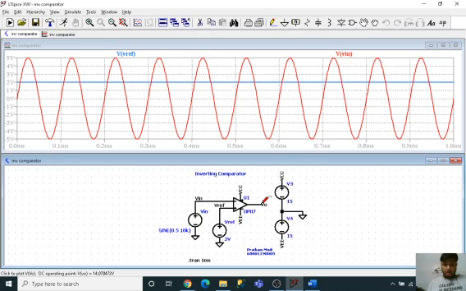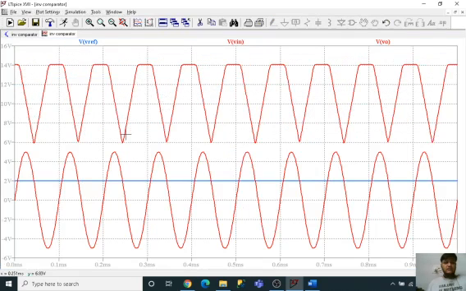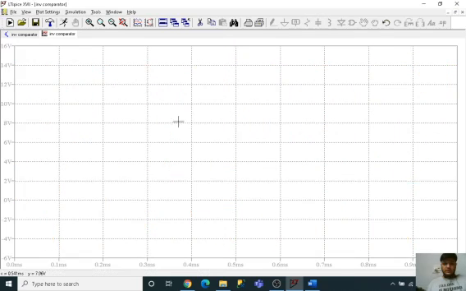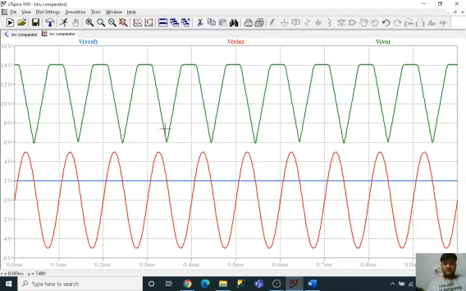See, as the frequency changes in a comparator circuit, at low frequencies we could have easily got this output over here, meaning it could have been interconnected with the input voltage. But what has happened over here is that the output voltage we are seeing is not along with the input sinusoidal voltage. So this is the biggest drawback. So the comparators usually work at very low frequencies.